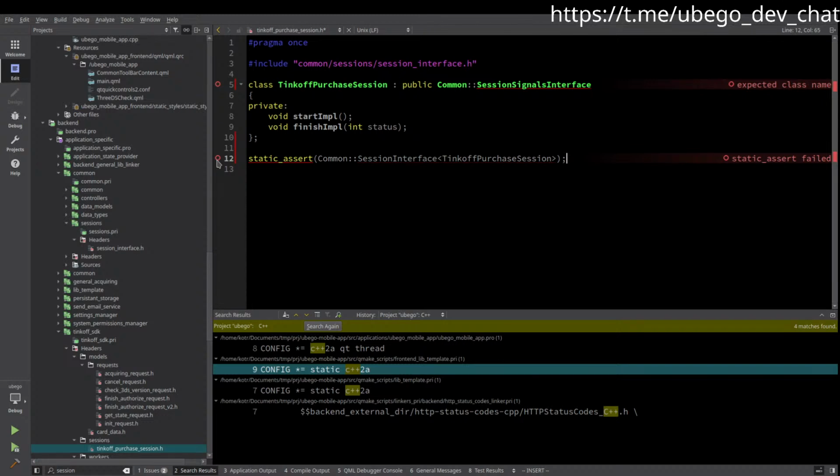Okay, so yeah, and this is exactly how this concept thing works. It's kind of a predicate, like a session interface, which can result in true or false at compile time. So we pass it the type here, and it will just